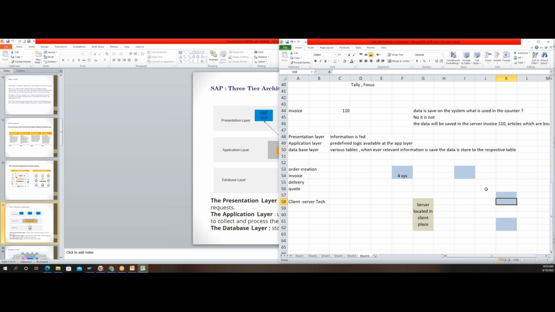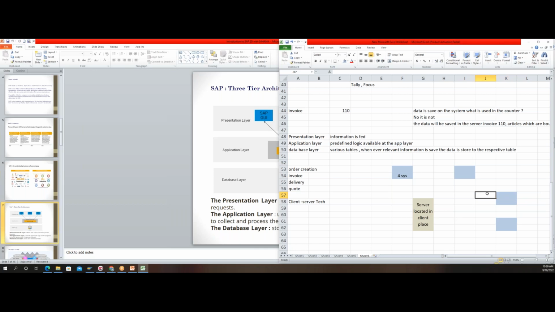So this concept of saving the information from the client to a server is called client server technology, or the relationship between a client and server is called client server technology. Okay, so data will not get stored on these systems. Data will only be stored on a server, but it is processed on the client systems. Now if I want to retrieve the data, I can. Say for example, somebody purchased from Banjara Hills and he wants to return in Gachibowli. He cannot say in my system I don't have the data, you go to the system where you purchased. No, it is all centralized. The information is centralized.